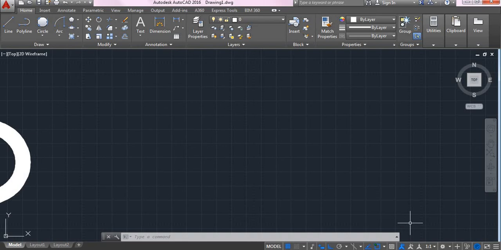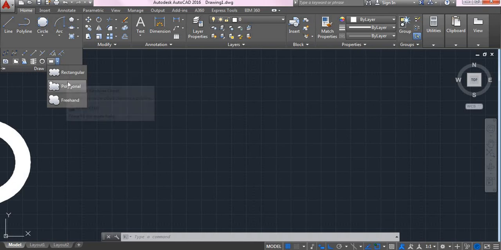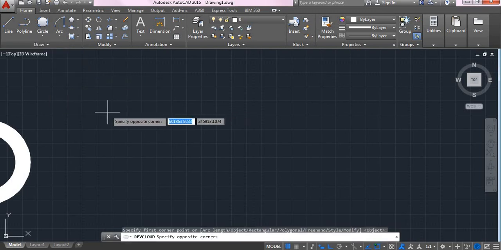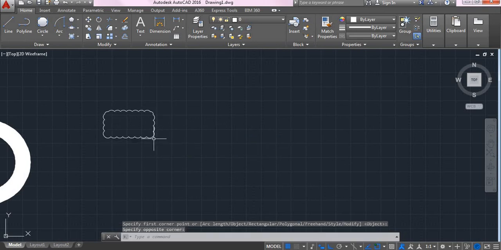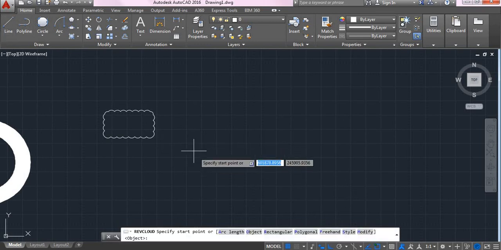And the next command is revision cloud. In revision cloud, we have three types, that is rectangular, polygonal and then freehand. How to draw a rectangular revision cloud? I will select it and we will be drawing a simple rectangle. The ends will be in the shape of a cloud. And the second thing is we have polygonal.